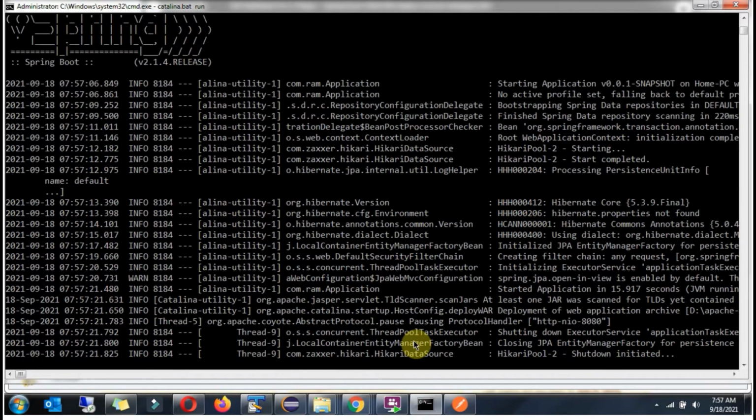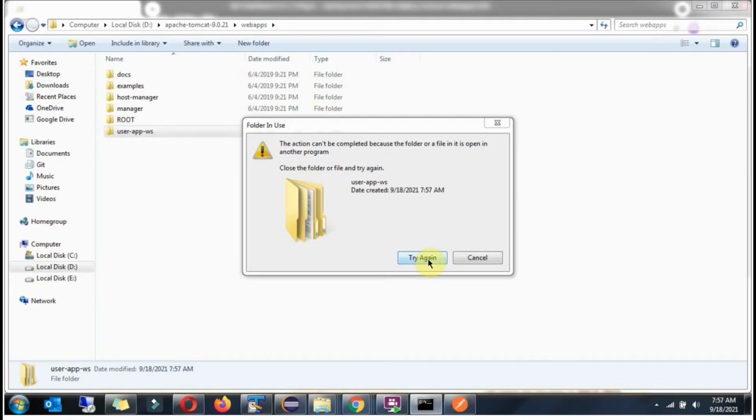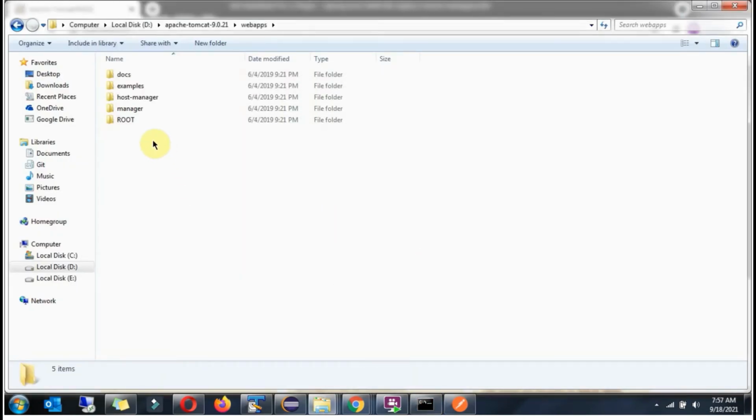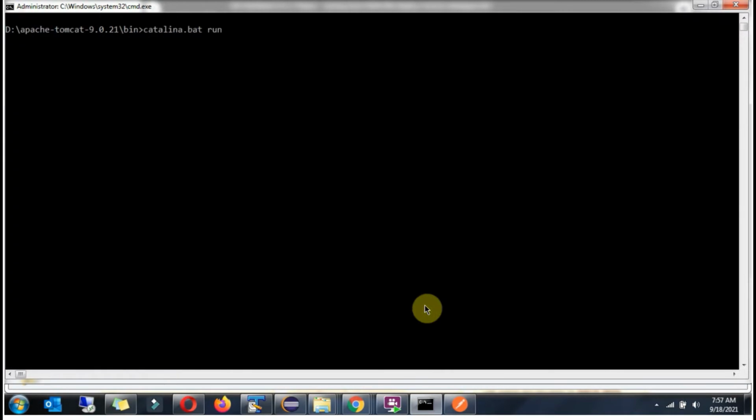Shut down the server, then try again. Okay, now the WAR file is deleted and the corresponding folder is also deleted. Then restart the server.